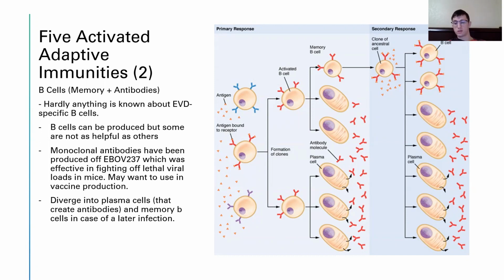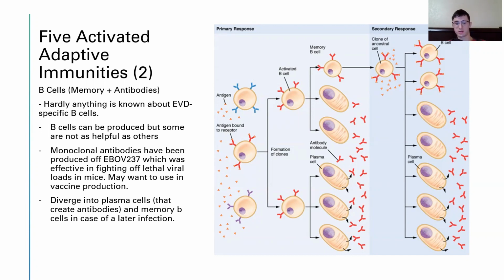There are some monoclonal antibodies created from survivors of Ebola virus. However, there is only one really good monoclonal antibody that we've been able to create that produces any significant immune responses against the virus. Most other ones are not super helpful, even though they help a little bit. Ebola-specific memory B cells early in convalescence were low in frequency, and the antibodies they encoded demonstrated poor neutralizing potencies.